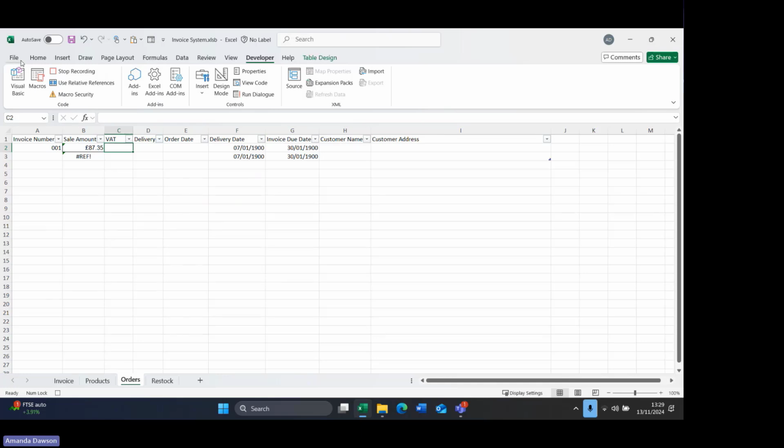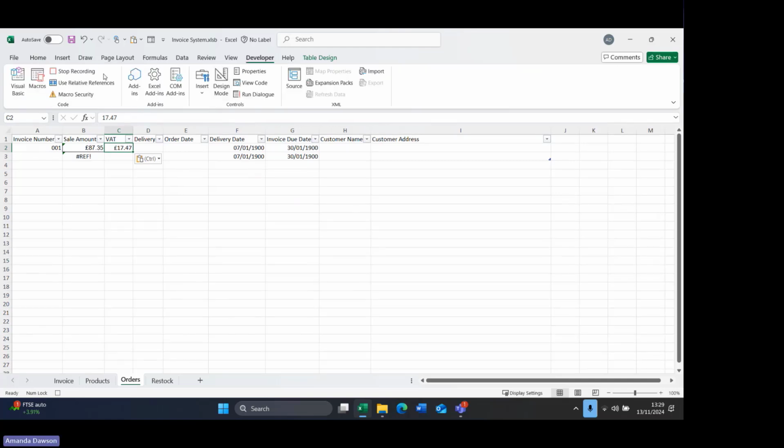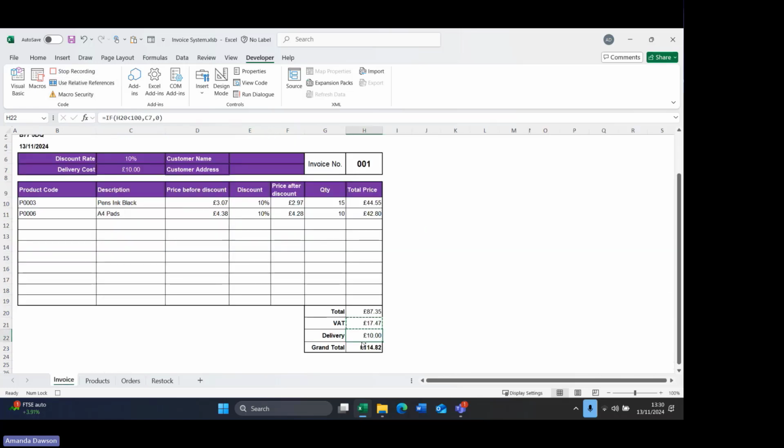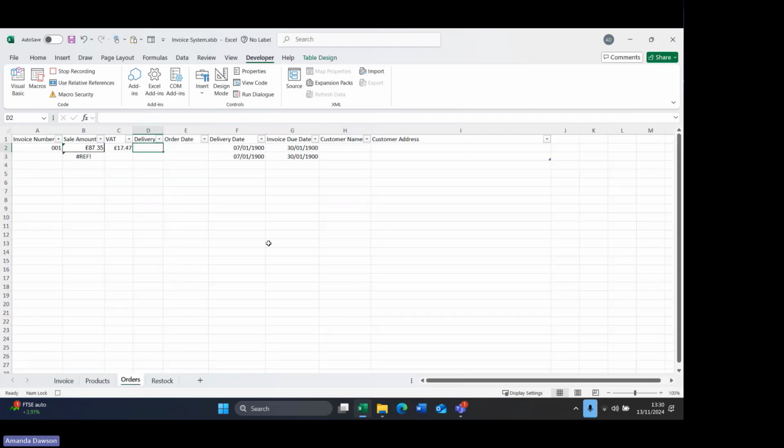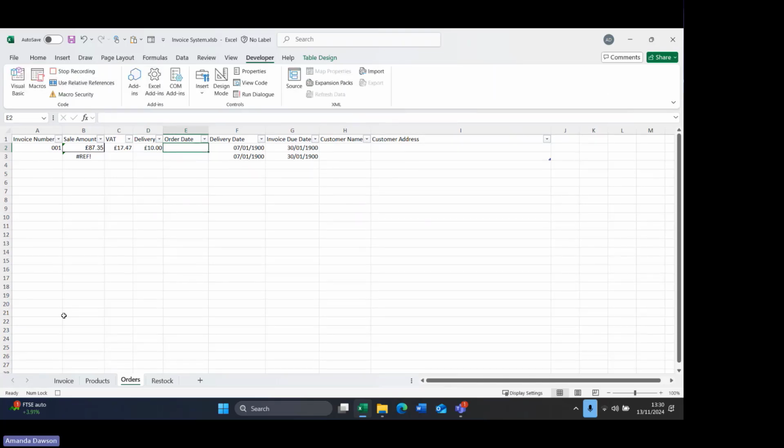my orders, paste as values, back to my relative referencing, move across one cell. So now I want the delivery charge, turn off relative referencing, back to invoice, copy the delivery charge, back to orders, turn on relative referencing, paste this as a value, move to the next cell, turn it back off, and